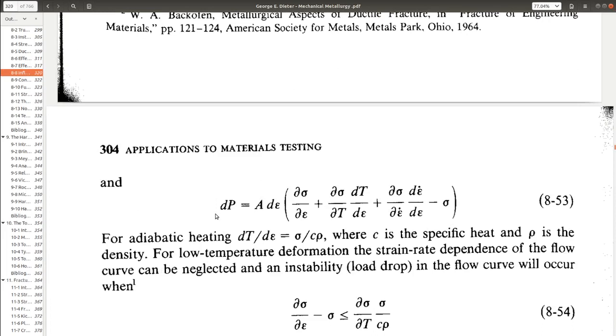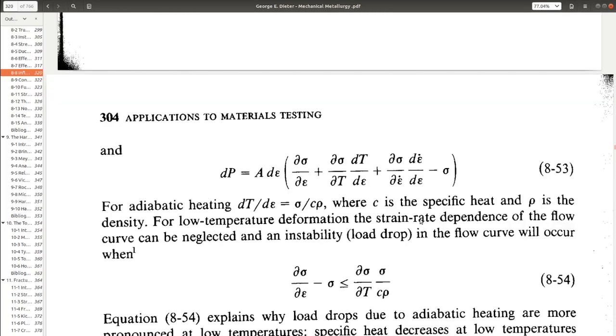So this is the relation I'll get for dP, and for instability the condition is dP is equal to 0, which means whatever is inside the bracket has to be 0. Okay, so if that has to be 0, then what I can say, for example, for an adiabatic heating,